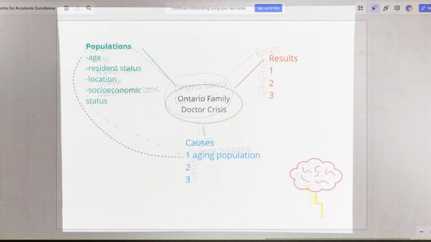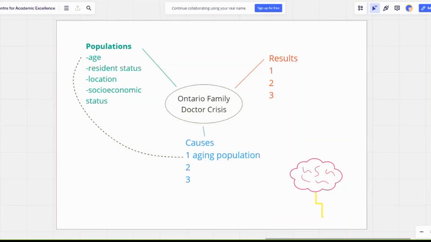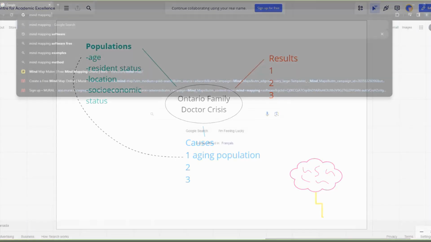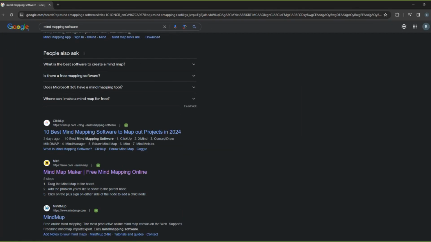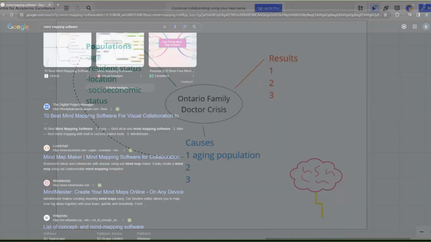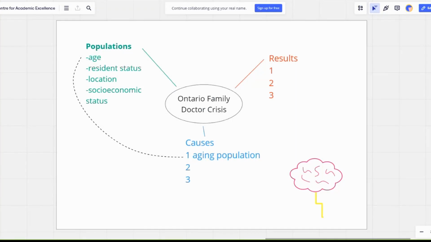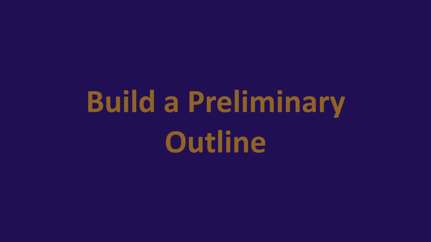And don't think that mind mapping is only limited to pen and paper. To avoid aging this video more than I already have, I'm not going to give specific examples, but a quick Google search of mind mapping software reveals there's loads of programs on the internet that will let you build a mind map electronically. And the best part is you don't have to worry about erasing or crossing stuff out online. If you need to add or move the bubbles to make things clearer, you can just move the data around. How convenient.